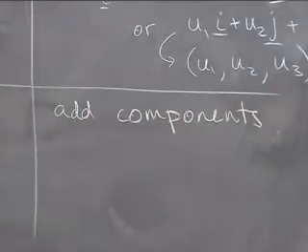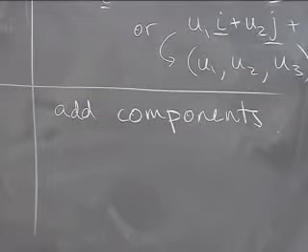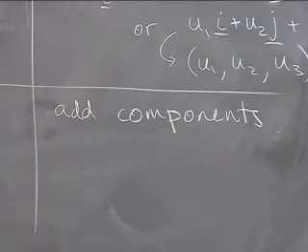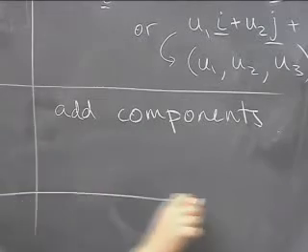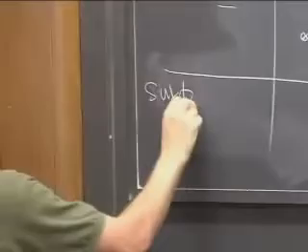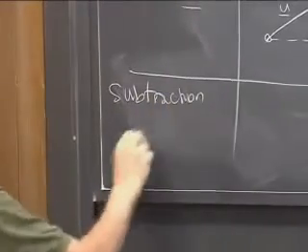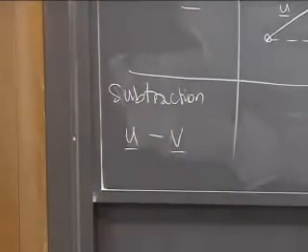So whatever, if it's 1, 2, 3 plus 5, 6, 7, you just add the x coordinates together, the y coordinates, and the z coordinates. And I did plenty of examples of these sorts of things last time. The subtraction, u minus v,